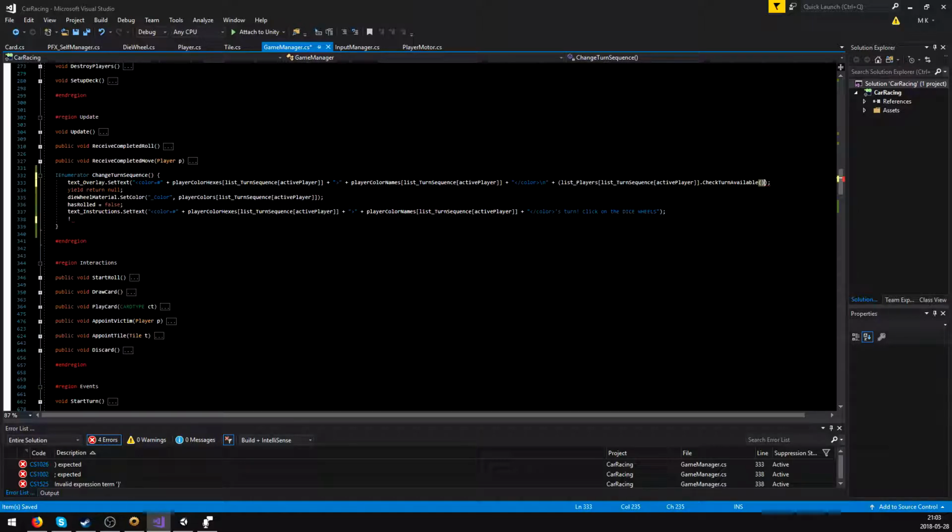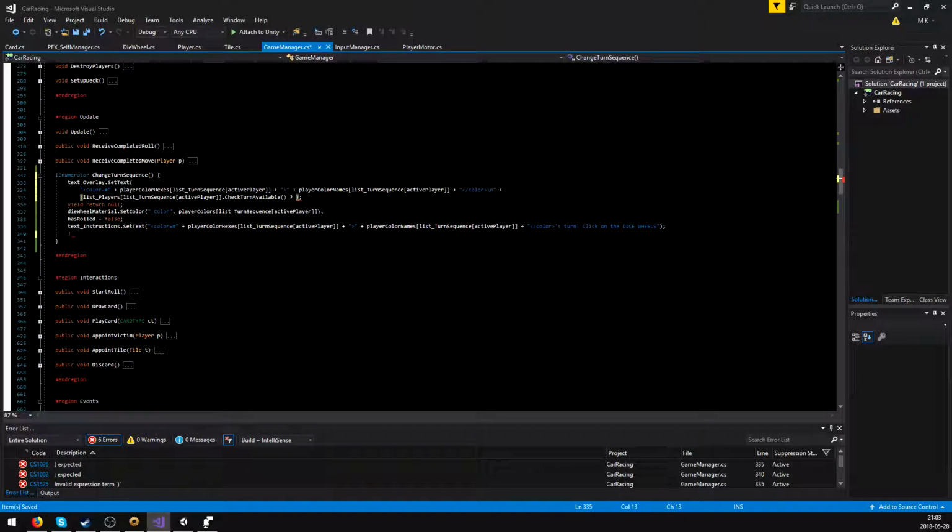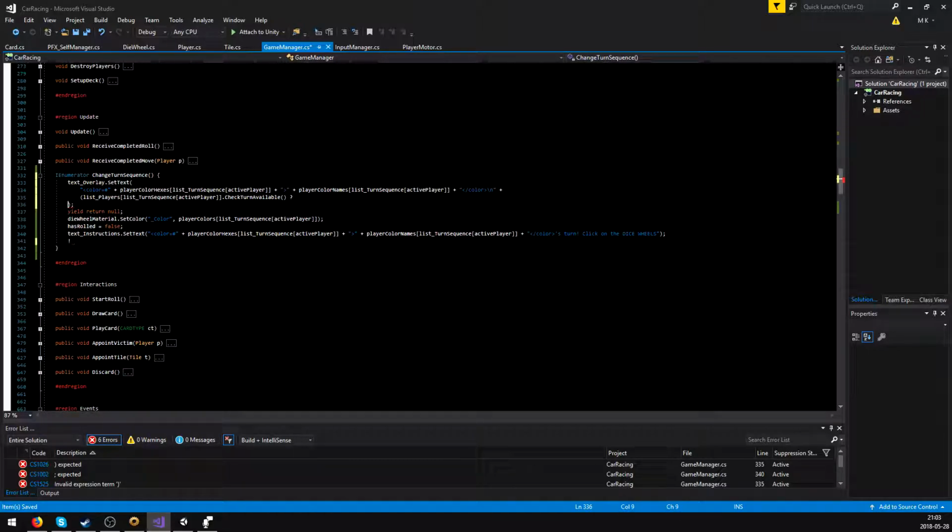Paste it here. Okay, space, question mark, space. By the way, this is becoming chaotic, so we're gonna put an enter over here, and then an enter over here, and then this final enter over here. Okay, so if the turn is available, we are going to say, quote, okay, cool. You're next. Close the quote. Otherwise,